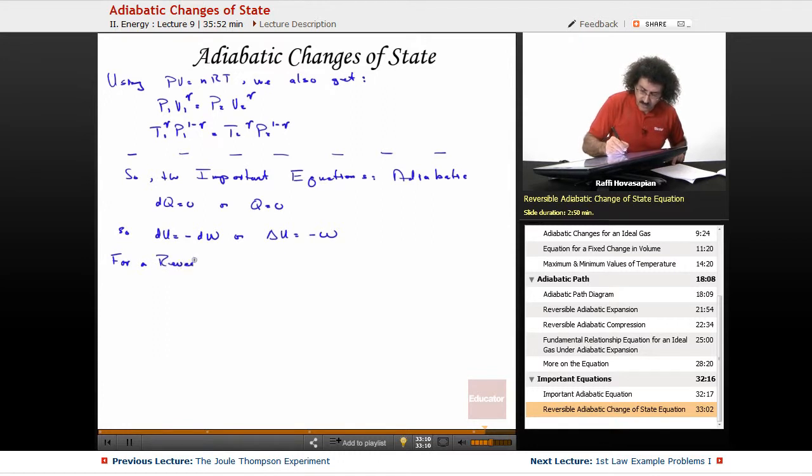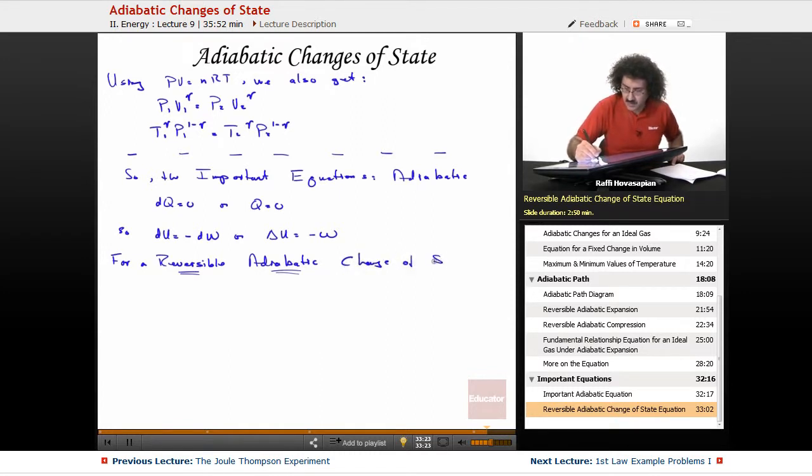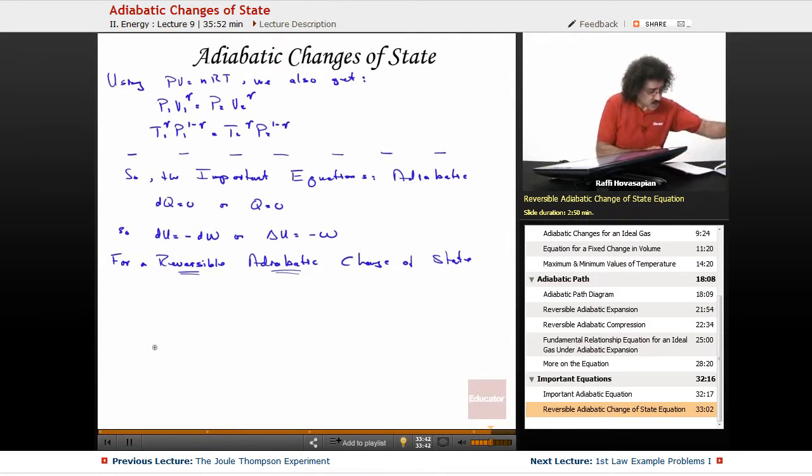So we can have an adiabatic process, and we can have a reversible adiabatic process. Remember, we can have an isothermal process, or we can have a reversible isothermal process. That reversible puts a little bit more of a constraint on the situation. So for a reversible adiabatic change, now for an ideal gas,